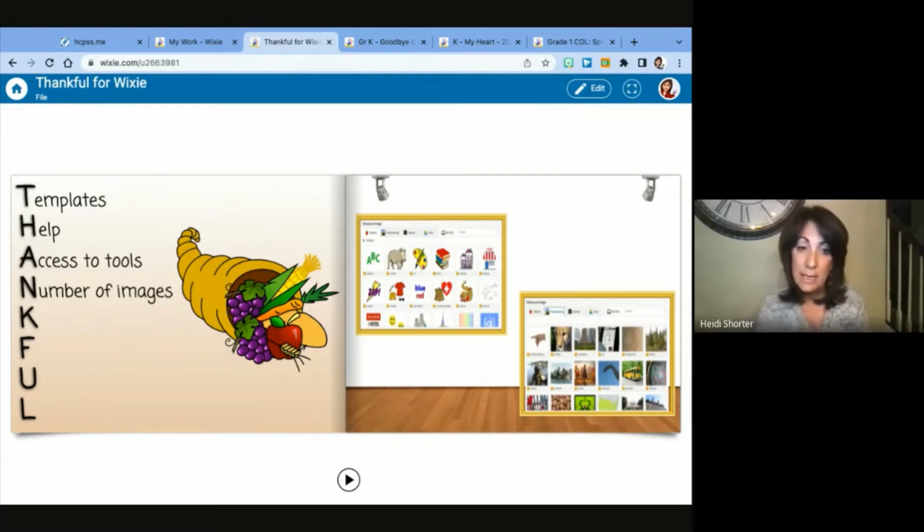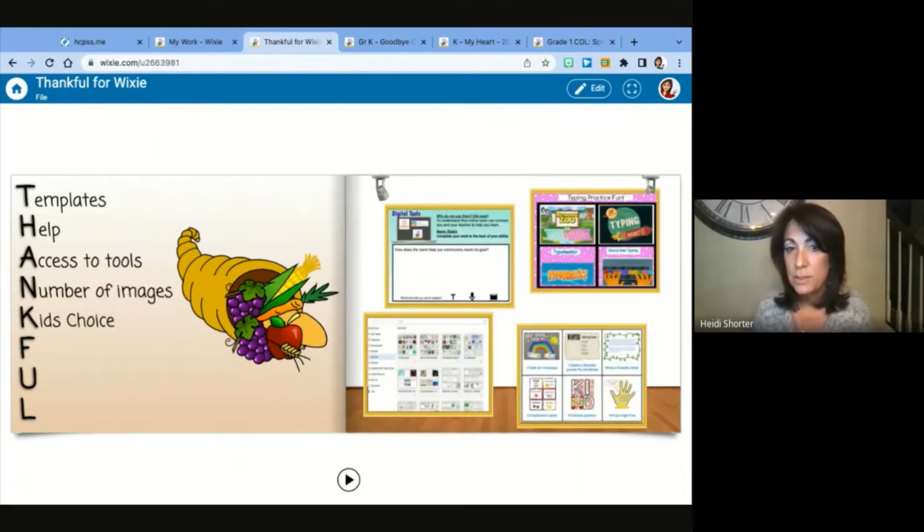And so the amount of images and the number of images that are available to teachers and to students is just amazing. And the nice thing that goes back to the help part, if you have an image that you're interested in and you actually can't find it, you can email one of the Tech4Learning staff and they will do their best to get images in there as quickly as possible. I've done it myself and it happens fairly quickly. So they're always listening, they're always willing to help, and always adding images to that library, which is amazing, because, like I said, you don't have to worry about any kind of assigning, they're image free that you can use in any of your projects, and the kids too. So that is the N for my thankful.